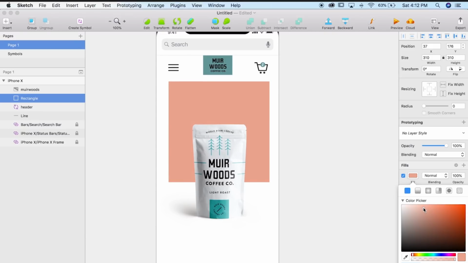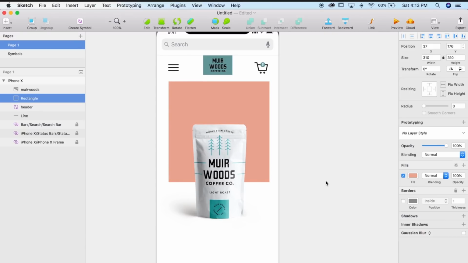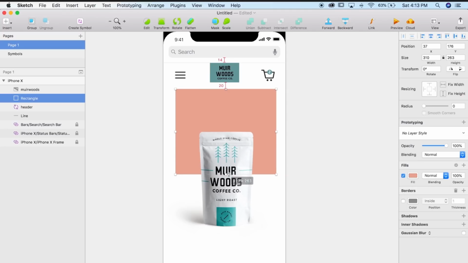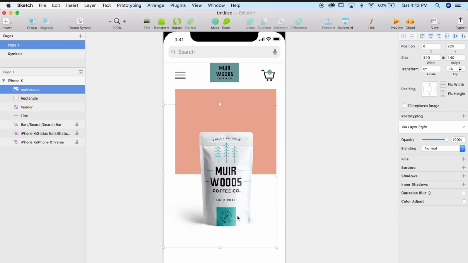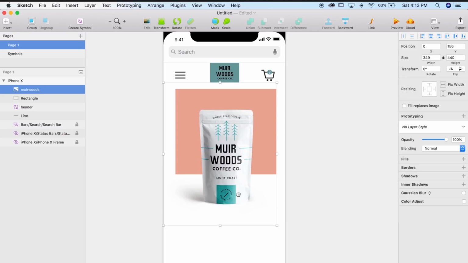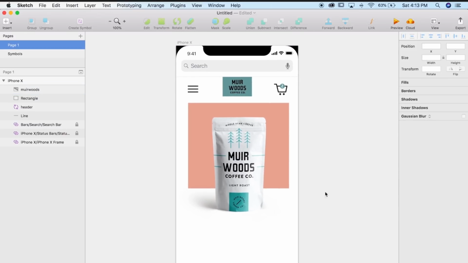So this is looking cool. Something like this. I'm just gonna bring this up. I don't think it needs to be a perfect square. Then we'll move this guy up a little bit. Now, I like the idea of this being a flat color, but I also like the idea of adding some sort of texture, just a subtle texture to make this thing look a little bit more, I don't know, interesting.